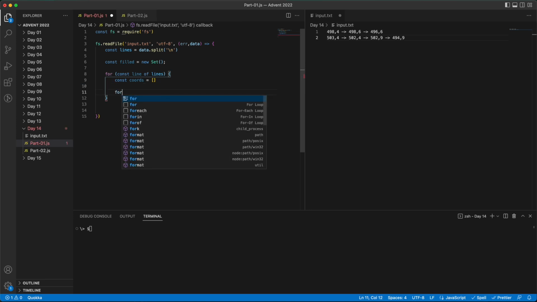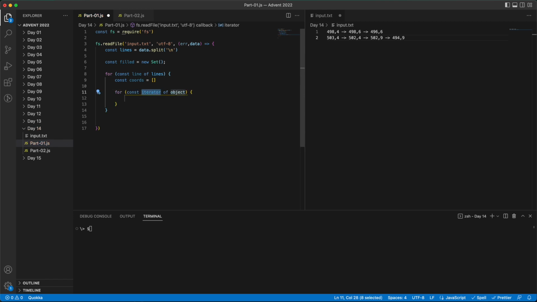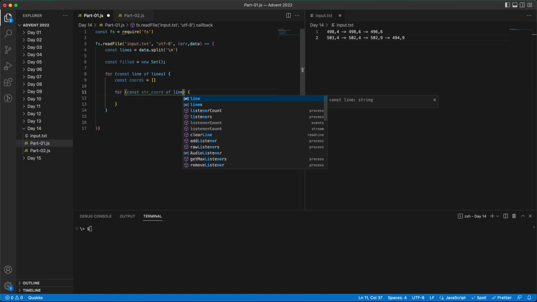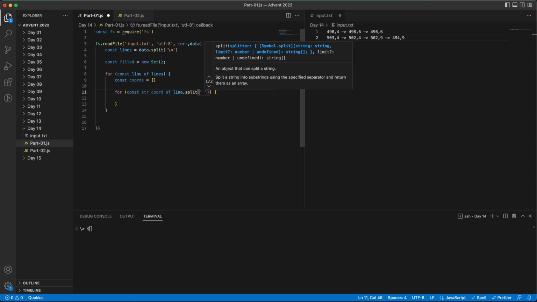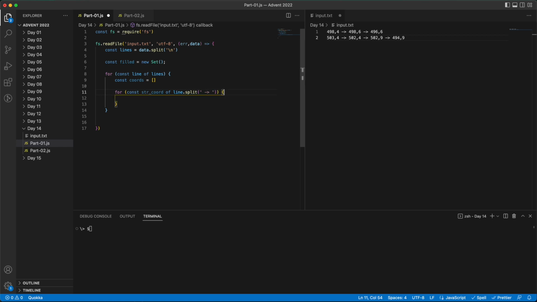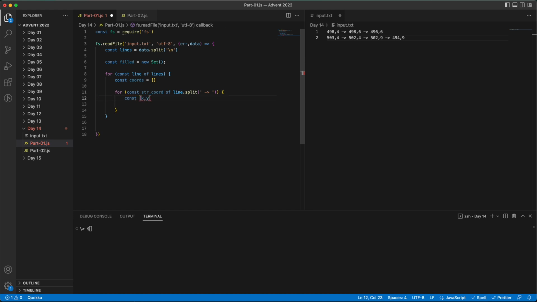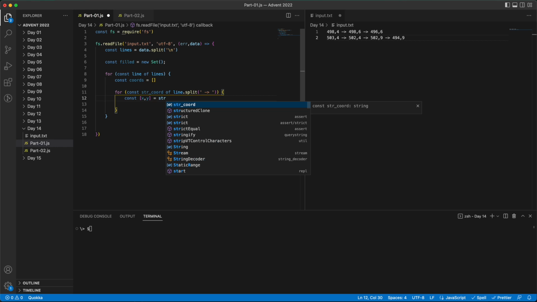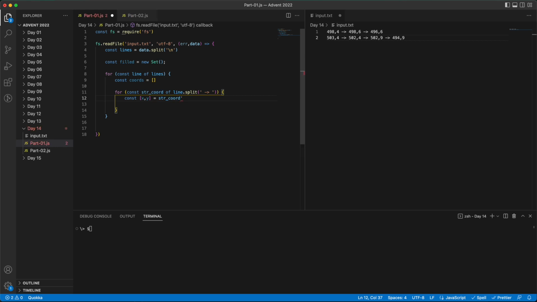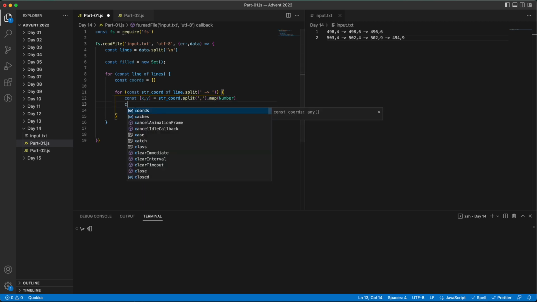Then for, split by this, for every one of them get the x and y from splitting that string code by dot, split by this, and then map it to number, and then I need to push it